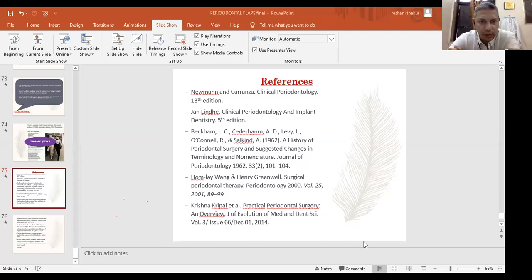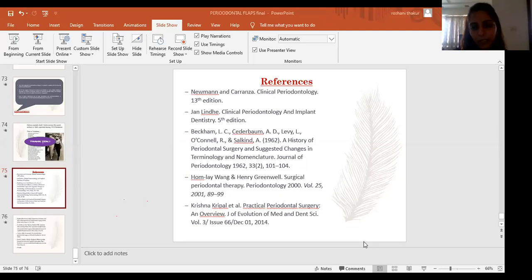Then someone has asked the predictable amount of bone loss expected after flap surgery. As I said, there is this study. I'm not able to locate the author, but any bone that is less than 2 millimeters. We need about 2 millimeters of thickness of bone to maintain the osseous level per se. If it is less than that, it is going to be amenable to resorption once it is exposed, because of the regional accelerator phenomenon, and there will be bone reduction.